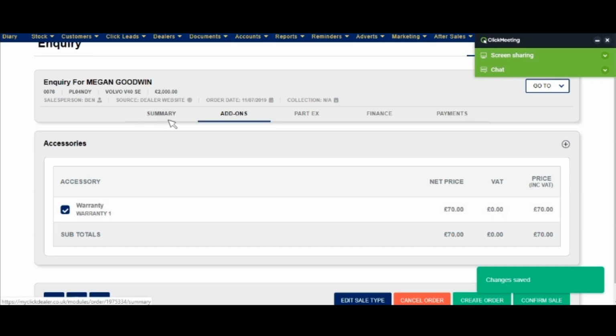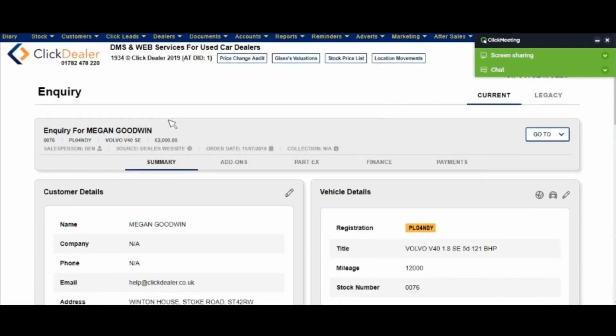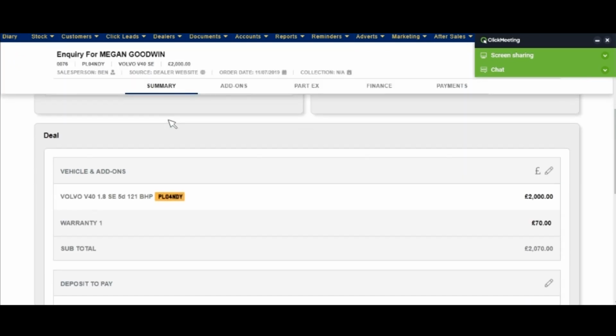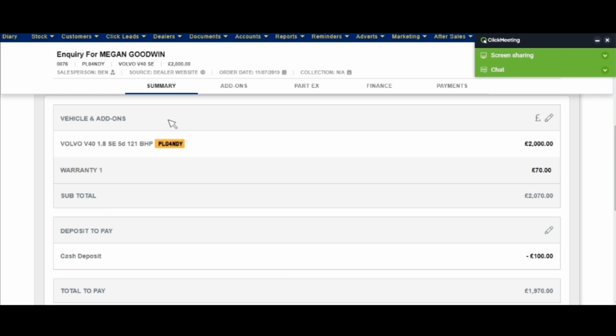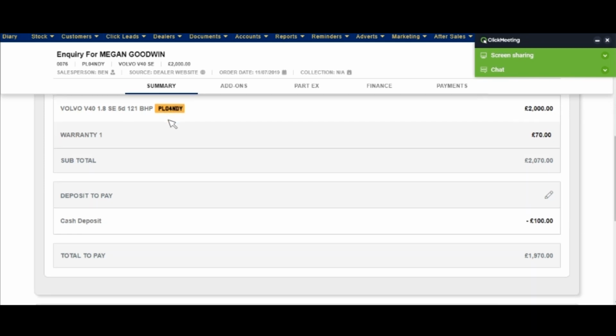So if we now go back onto your summary screen, you'll see when you go down to the deal calculator, you've got, again, your price, and then just underneath, you've got your £70 for the warranty. So it'll show you your subtotal just there. And again, that falls into the bottom line of the total to pay. So if we now go on to the part exchange page,